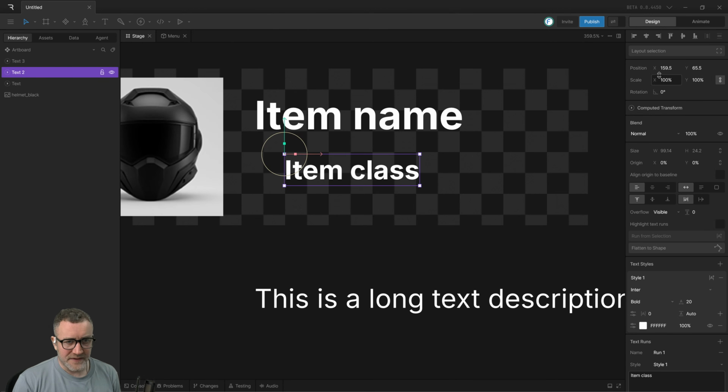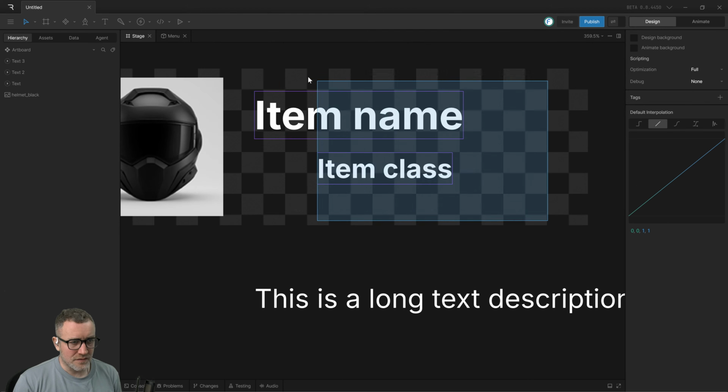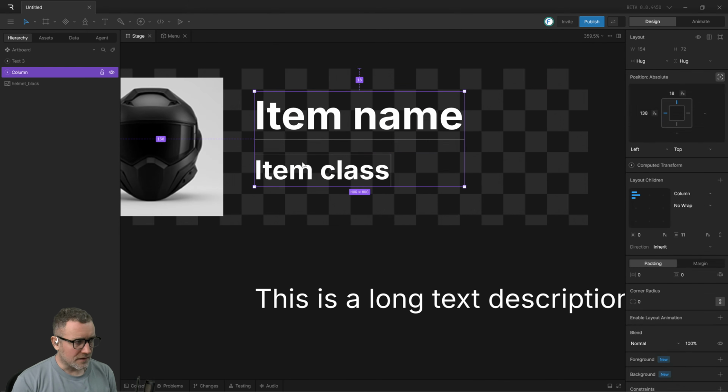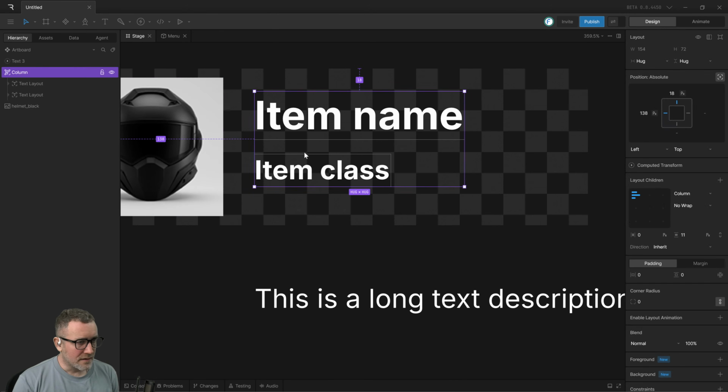So, okay. This is the initial position of the text, and when you make a column, or I don't remember how we called it, but we'll find it again. The text hands over